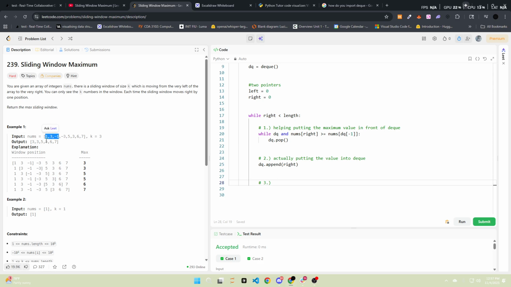So you see where I'm highlighting 1, 3, -1. Then the next one will be 3, -1, -3, right? We need to make sure that it stays in that range. So we're going to make an if statement. If DQ, or let's see, if DQ at index 0 is less than left, right? We're going to DQ.pop